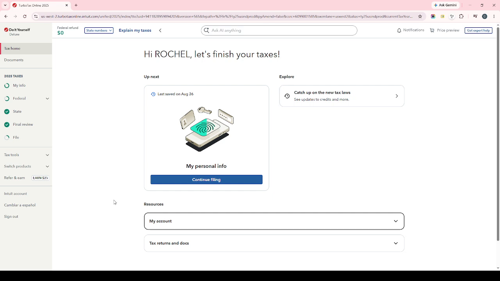So to recap in a simple way, if your return has not yet been filed or accepted, go to the File section, open direct